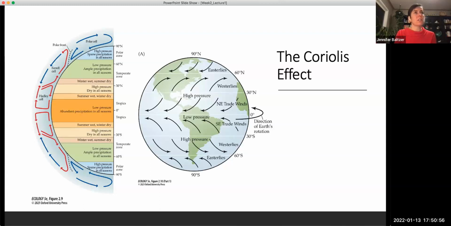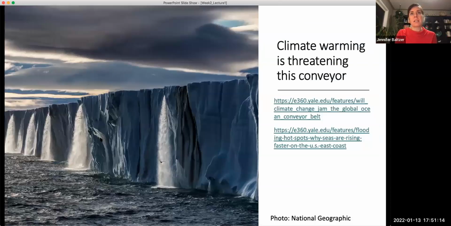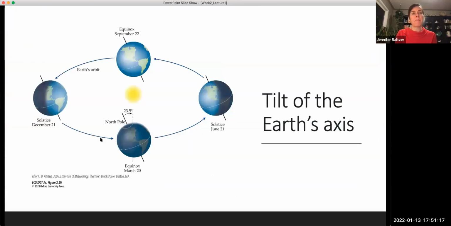Okay, so I have a question here. Can you explain how the Earth is furthest from the sun in July, but we experience summer and higher temperature at the same time? So it all has to do with the fact that the Earth is tilted on its axis, and I imagine there's probably somewhere in here a picture. Yeah, here we go. So we have the rotation of the Earth around the sun, and the Earth is tilted on its axis at 23.5 degrees.